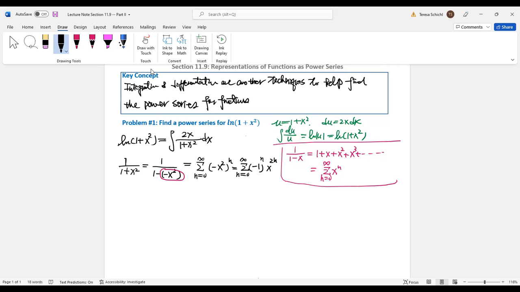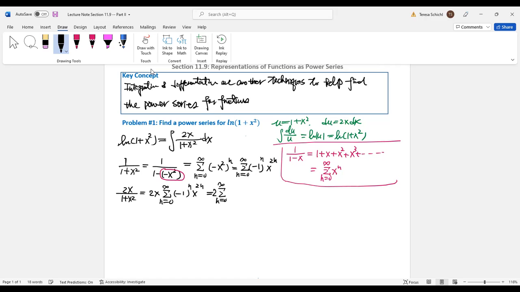Now you have 2x over 1 plus x squared. I just use the 2x because I know 1 over 1 plus x squared is this series. So I just multiply it: n from 0 to infinity, negative 1 to the n, x to the 2n. You can move the 2x in, so this is the summation n from 0 to infinity, and this is 2